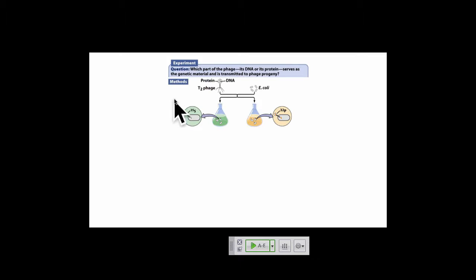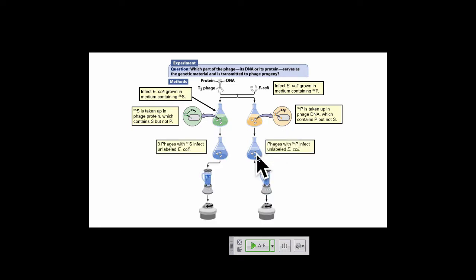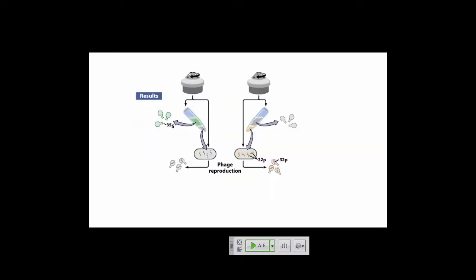And that's what this experiment was designed to test. Okay. So they made the cells labeled with the S35, so that would label the proteins. This would label the DNA. All right. Then you use those to infect cells. Here's that high-tech instrument called a blender. The purpose of this is they knew the phage were attached to the cell surface, so they wanted to put enough shear forces in there to literally throw whatever didn't get transferred into the cell off the surface of the cell. So they shear off these protein coats, and then collect the cells.